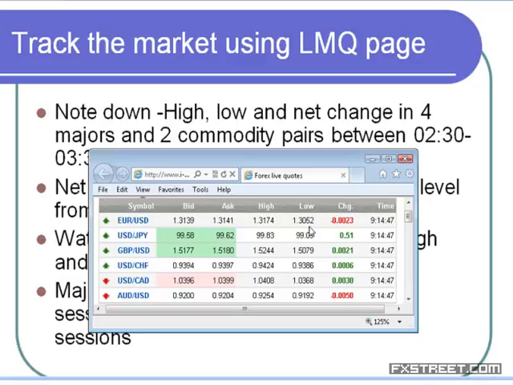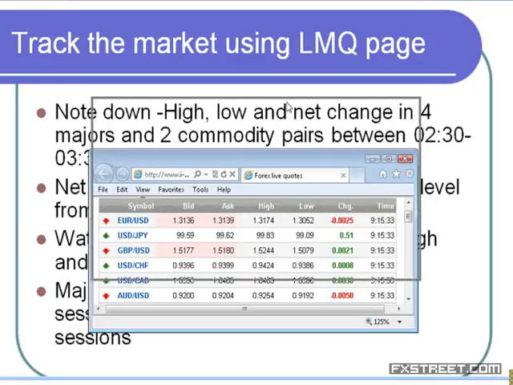In this scenario, you come across it is in the middle level, and not either closer to the low or closer to the high. Similarly, in the case of USD yen, it is in the middle level. 99.83 is the high, 99.09 is the low. In the case of GBP, it is 52.44, with 52.79 and 50.79 as the high and the low. So it is in the middle level. When it is in the middle level, there is no point in taking a position. So first of all, you have to identify whether it is closer to high or closer to low.